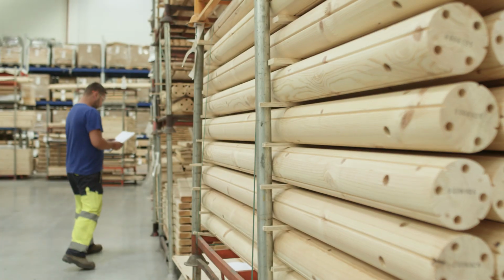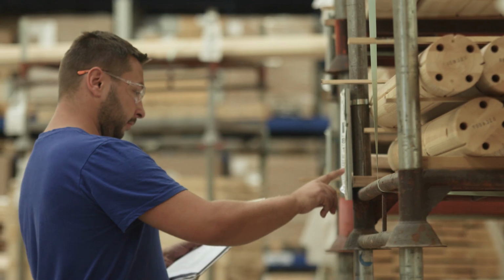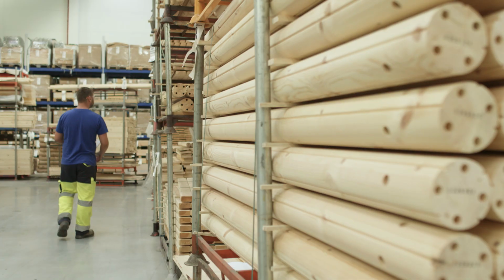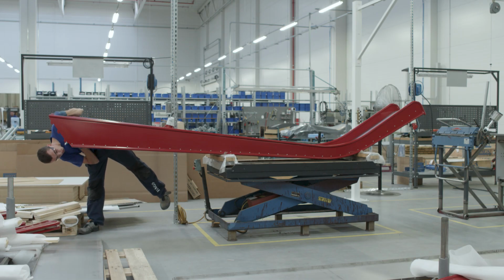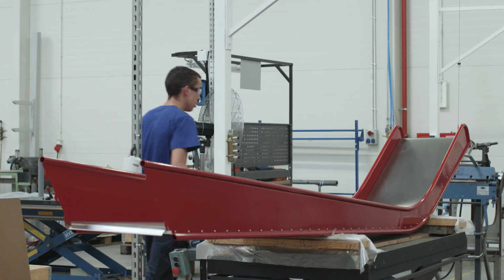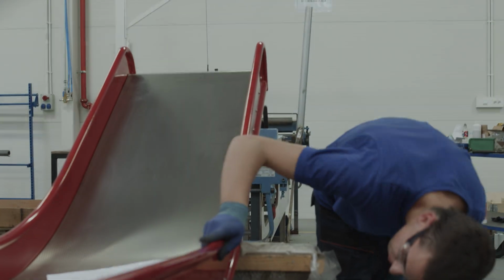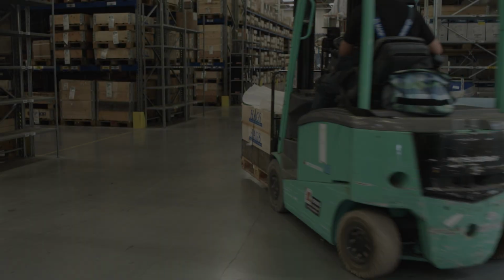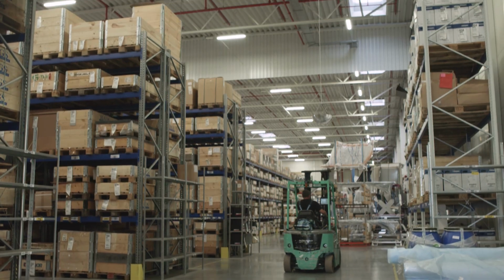Anything that leaves the warehouse must pass through quality control before distribution. All of our products are adapted to the EN 1176 safety standard. In addition to this, all of HAGS' play equipment has been TÜV certified. The German Technischer Überwachungsverein has the most extensive and advanced testing and approval procedures in the world. When all of these stringent safety checks have taken place and our products have passed quality control, they're ready to